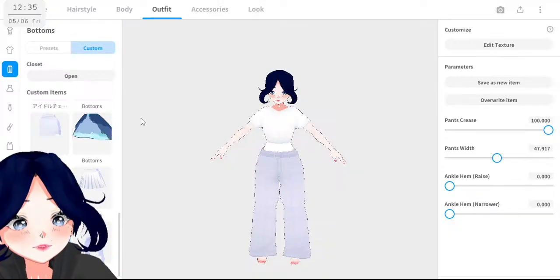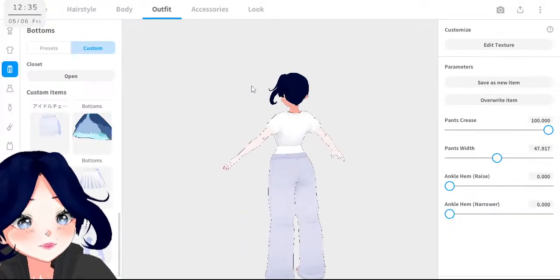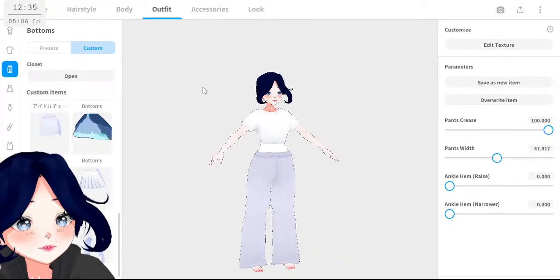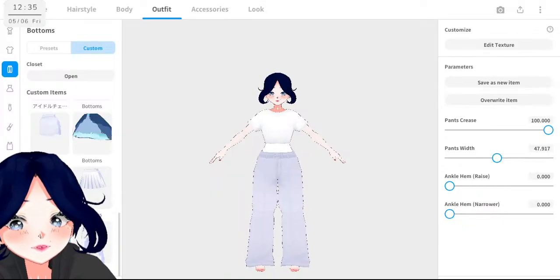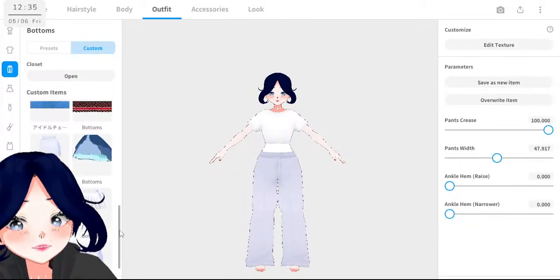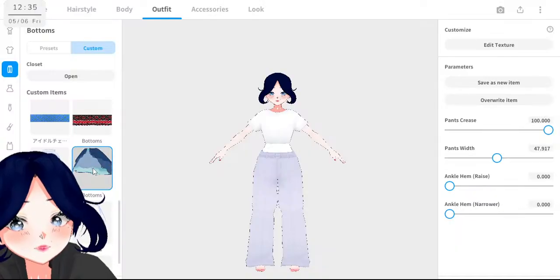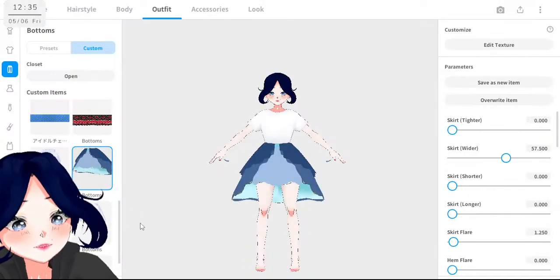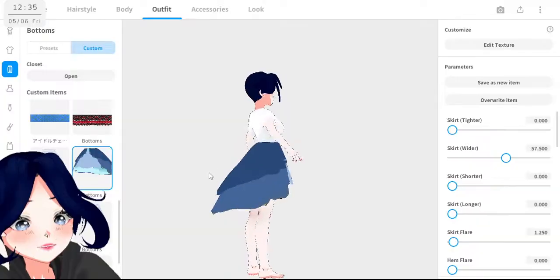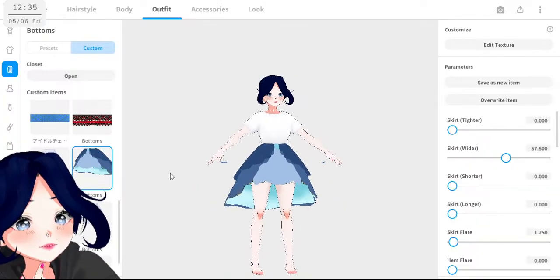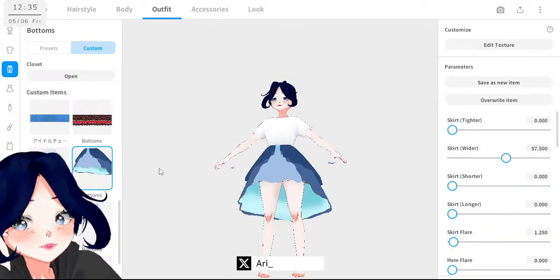I initially planned to make those outfits to go changing. Yeah. No, here. Okay.